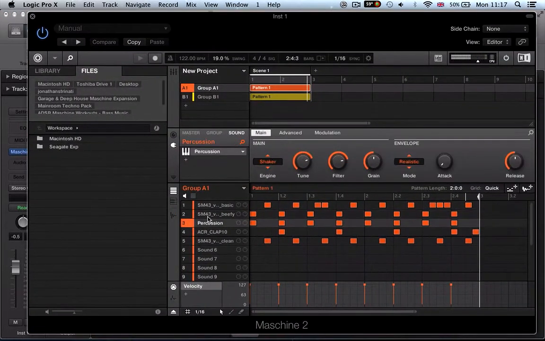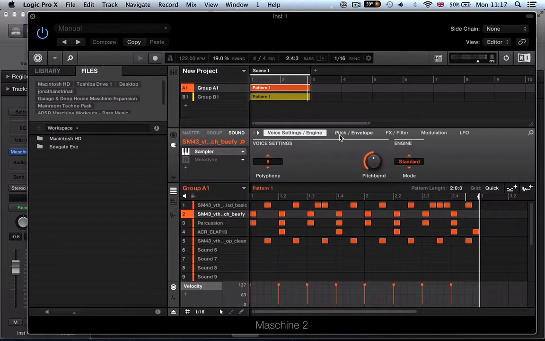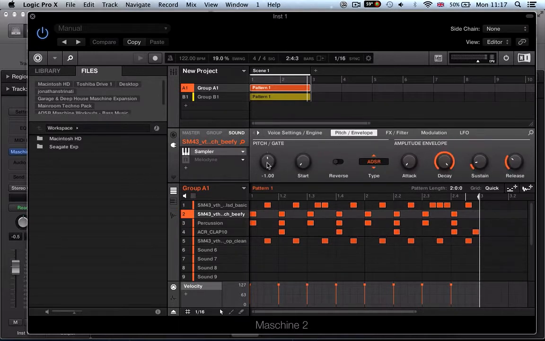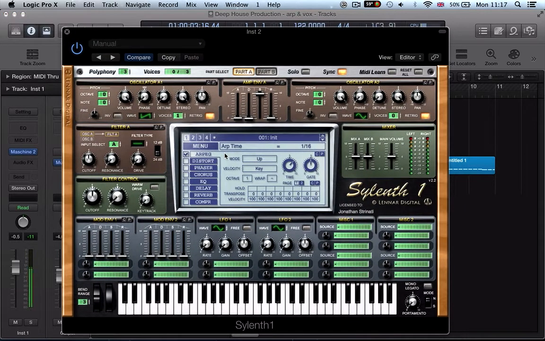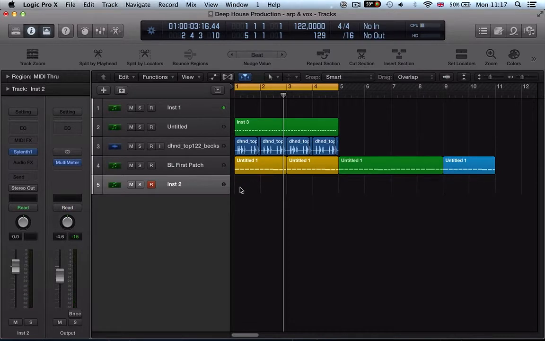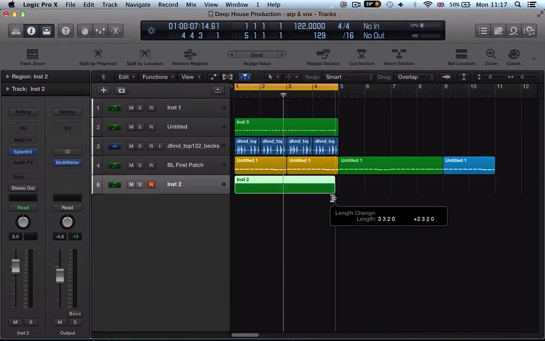What I've done with this kick drum is I've tuned it down. Remember, it was a B flat. I've actually tuned it down by 1 semitone, so now it's in the key of the track. It's playing back an A note. So if we go back to this arp sound here, what we could do is just put a little sustained chord in here